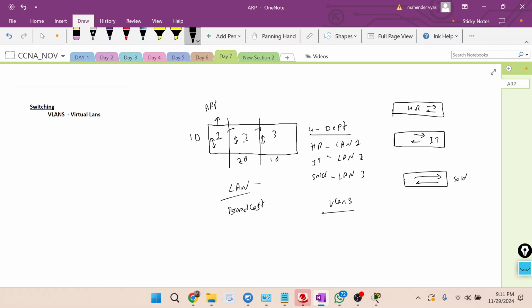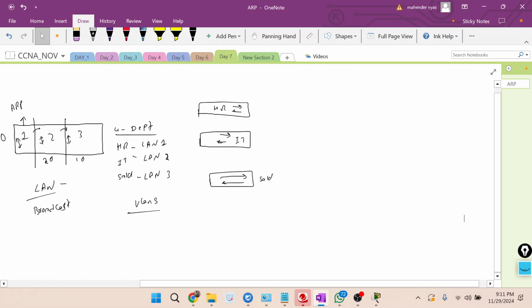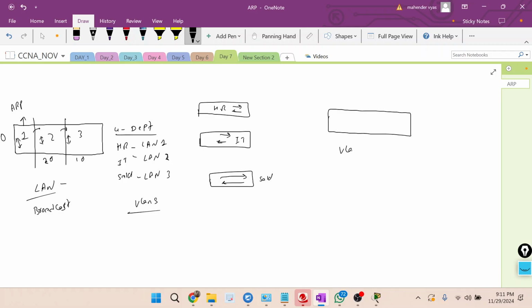Okay, so now within one big switch, first we will configure VLANs.